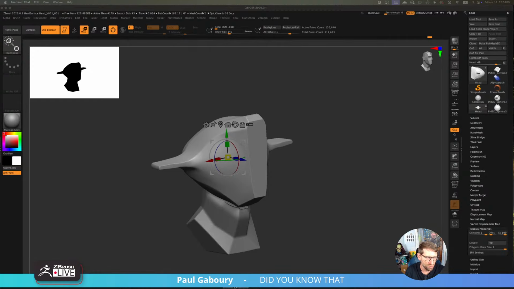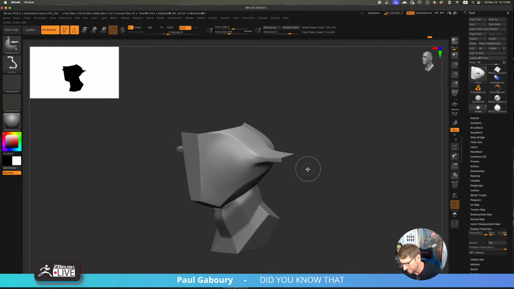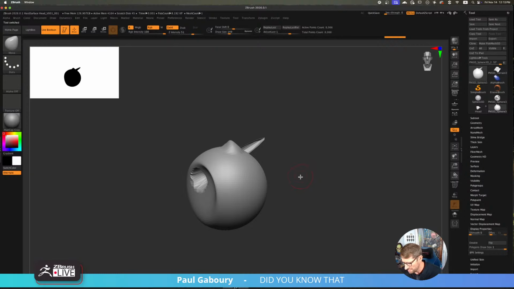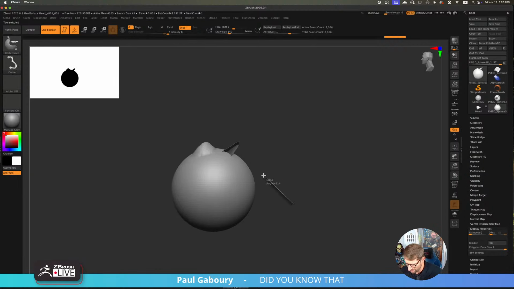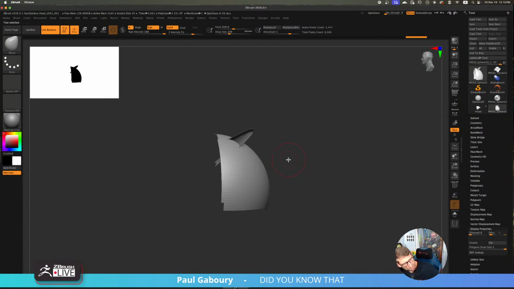There are so many ways to do things for sure. Miriam, how do you select the faces when we don't see them? Well, ZBrush sees them though. So if you're doing a selection, it sees the faces regardless, even if this is inverted, right? So this is inverted. If you do this, it still selects the faces. It's still going to do that. I'm not sure if that's what you're...